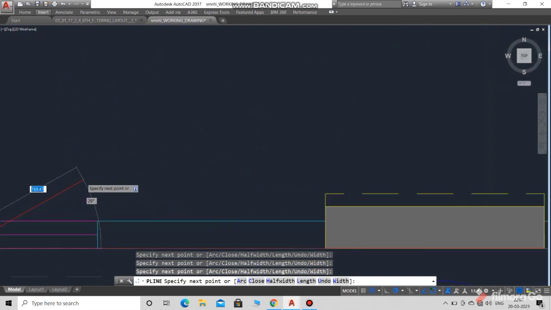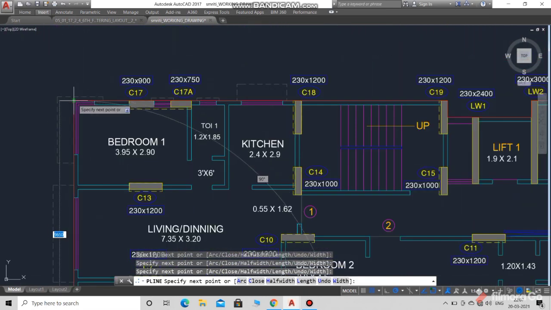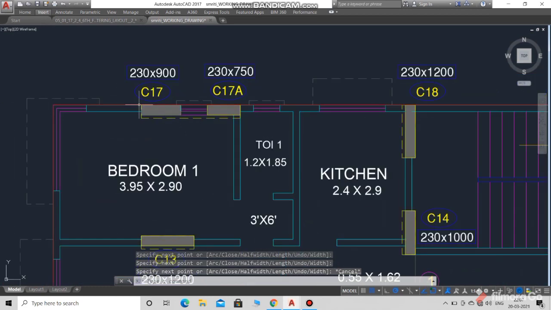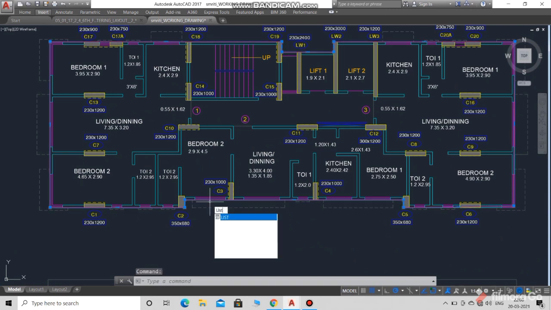So select any corners of the plot with the polyline command, and meet where you started and close it, P-line from the start point to the start point.